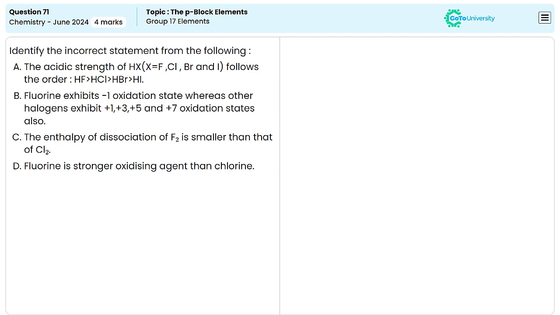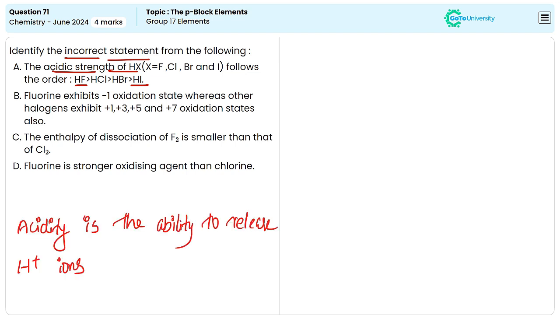In this question, different statements regarding the halogens are given. We have to identify the incorrect statement from the options. In the first statement, it says that the acidic strength of the hydrogen halides decreases from hydrogen fluoride to hydrogen iodide. This is a wrong statement because acidic property can be explained as it is the ability of a substance